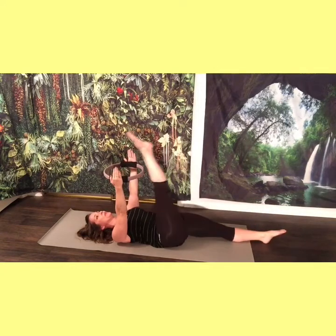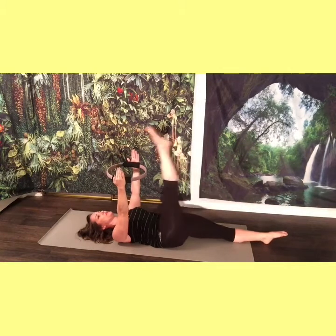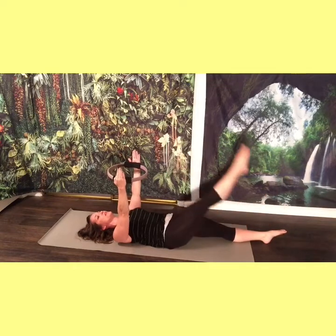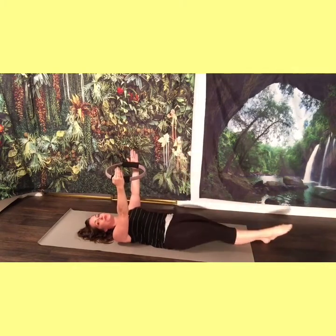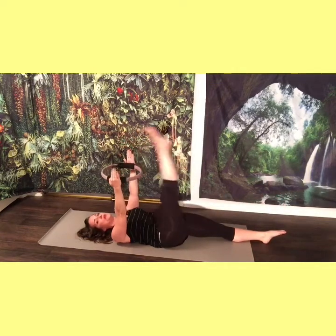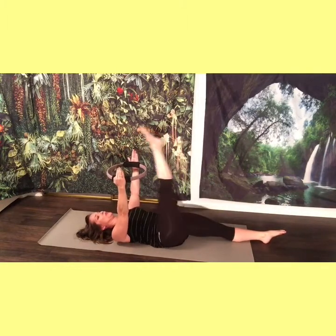5, let's go to 8, 6, 7, 8, reverse, down, squeeze the back of the leg, kick, 2, cross. Keep your right hip still, pull the abs to the floor. So you're trying not to let your hip wiggle around. Let's do 2 more,